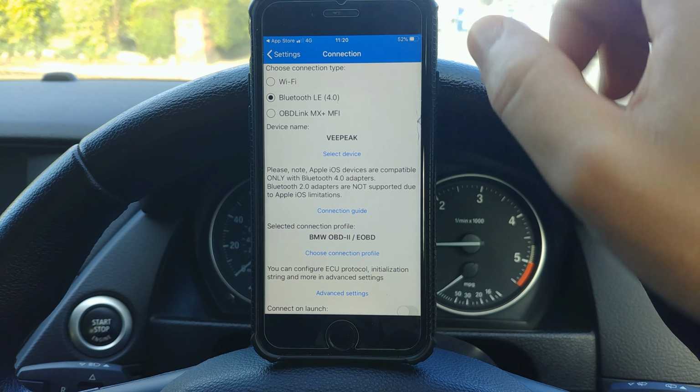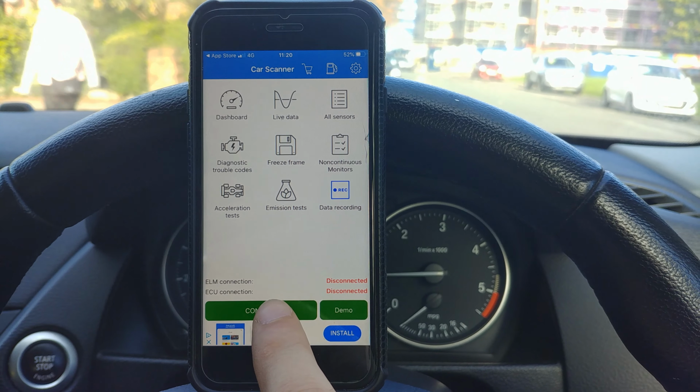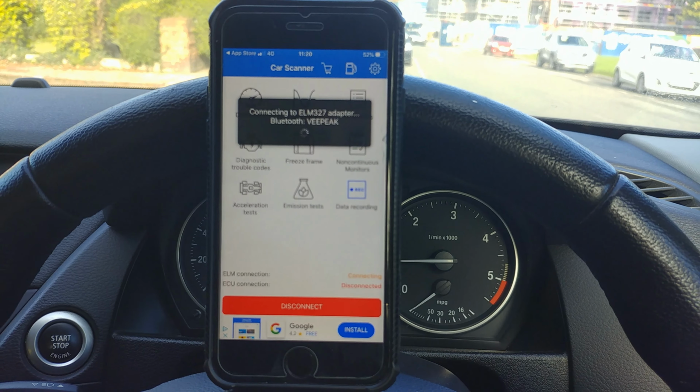You click on select device, it's gonna show you a list of devices available through the Bluetooth, and you're gonna select the device you bought. In this case I bought the VPIC device, and it's gonna show a little icon like the OBD2 device. Doing so, we can definitely go and connect and see what's happened.